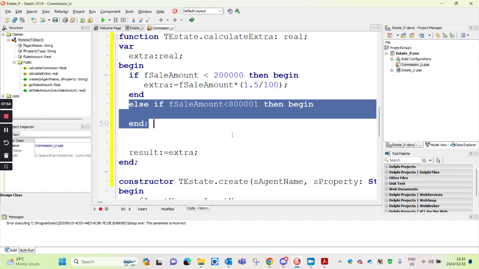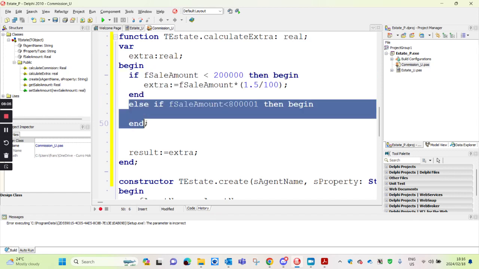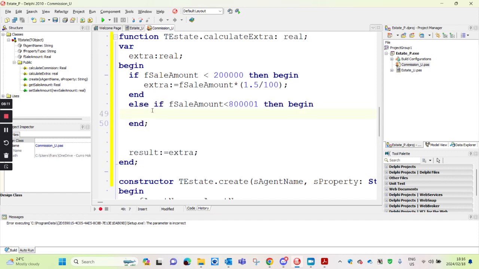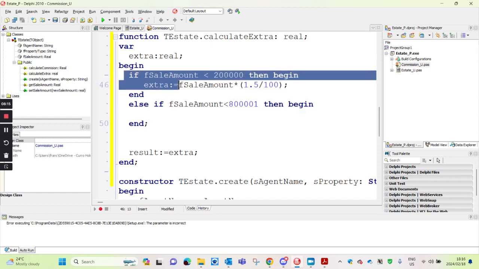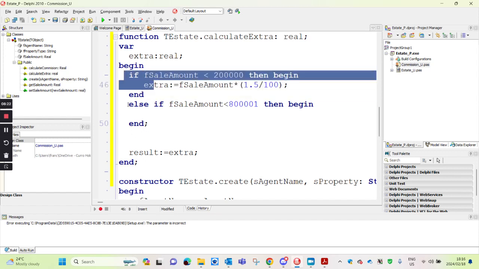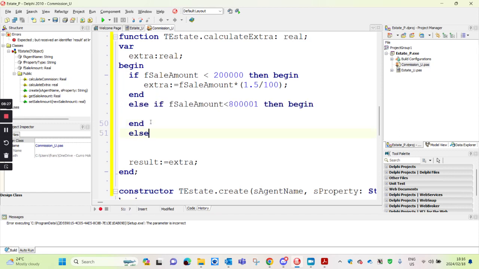Yes. But if the sale amount is 50, it will do this one and then ignore everything else. Yes, and it starts top to bottom. So it will check this one. If this is true, it's going to do this and ignore all other else ifs. Only if this one is false, it will look at this one. And only if this one is false, it would look at the next one,